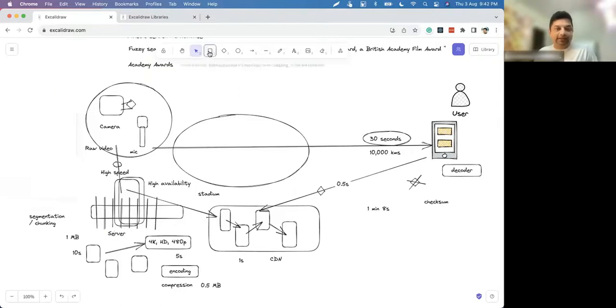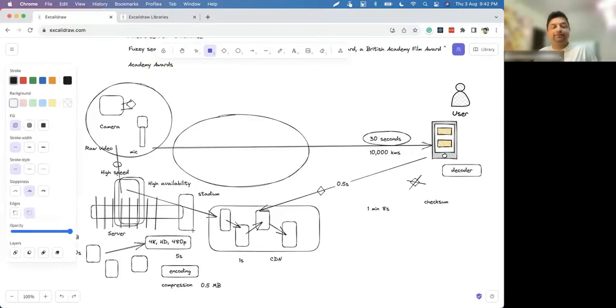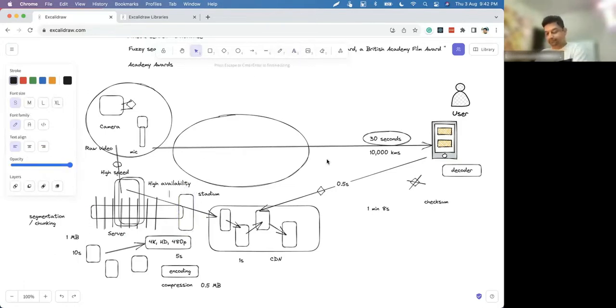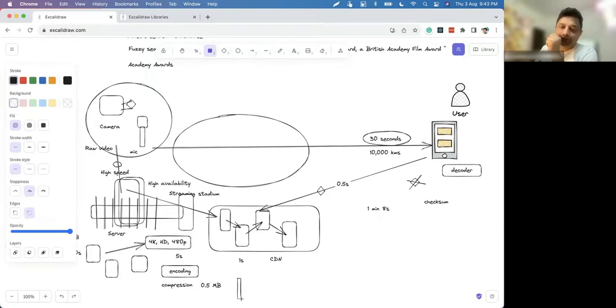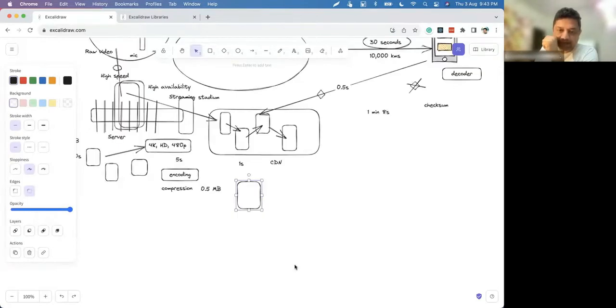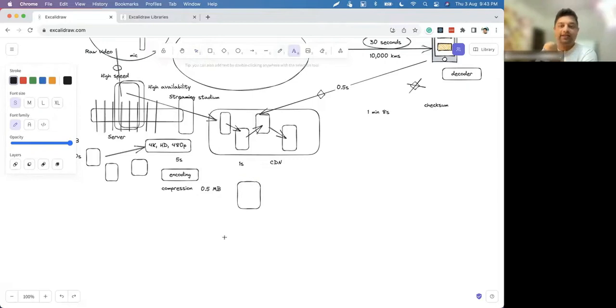It will put the content into another server, which could be the streaming server, which has the stream-ready videos to stream to the CDN. Sometimes you also store one more layer here, which is called the recording server.